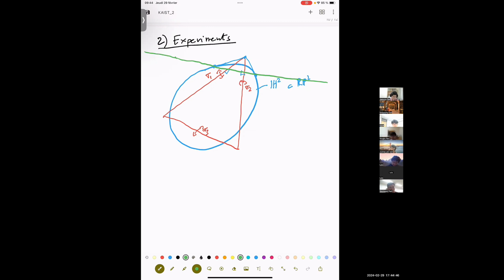Okay, and I do the same for this point, and I do the same for these 2 points. Okay, so I have tangency here. So my picture is more or less accurate, but okay, I stopped drawing. Now, remember what I said at the beginning of the day is that